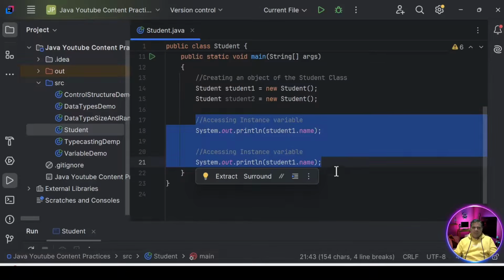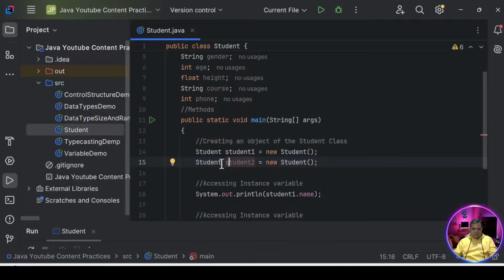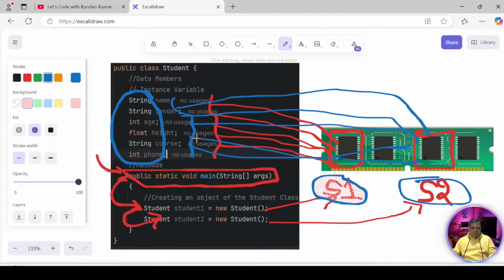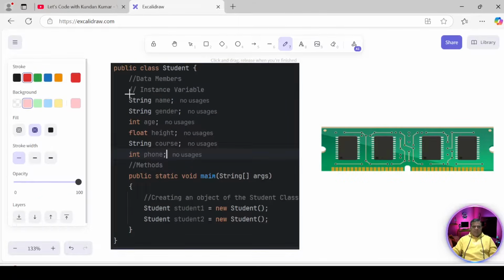So look at this picture. When we run this application, what will happen? Let me explain again back here. Let me undo. So when you run this application, consider you are running. This is the structure of the class that we currently have. When you run this application, the system will start running from this